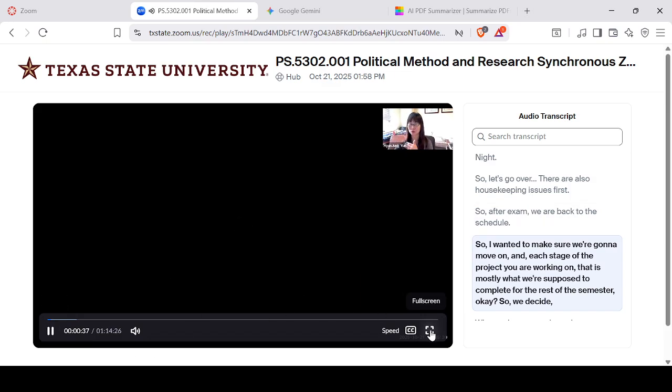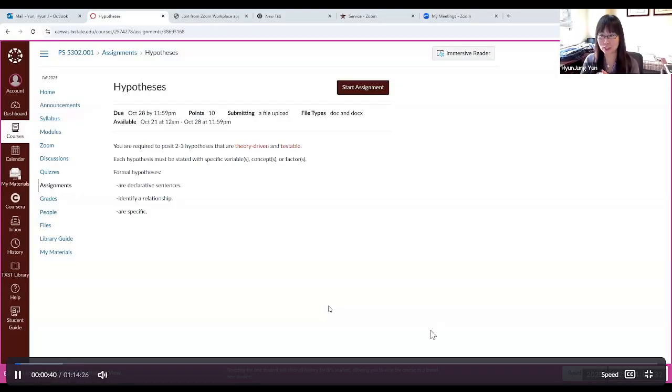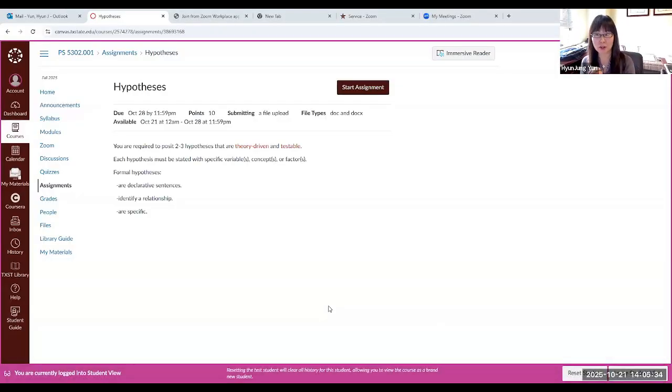Making sure we're going to move on in each stage of the project. Just a minute. These are what we are working on, and it is mostly what we are supposed to complete for the rest of the semester. Okay, so we decide what topic you're going to investigate, and then from there it is very much the